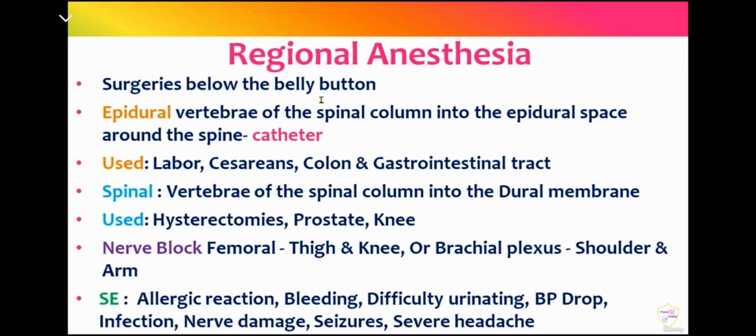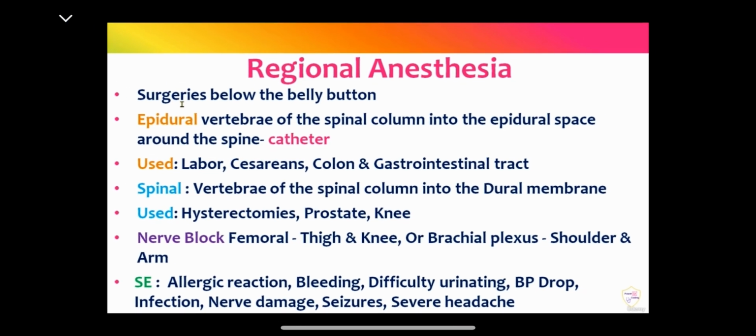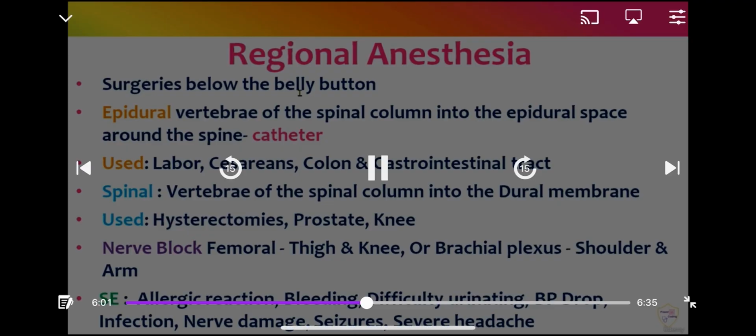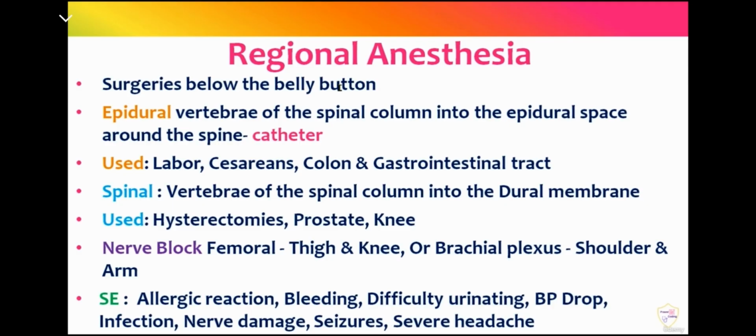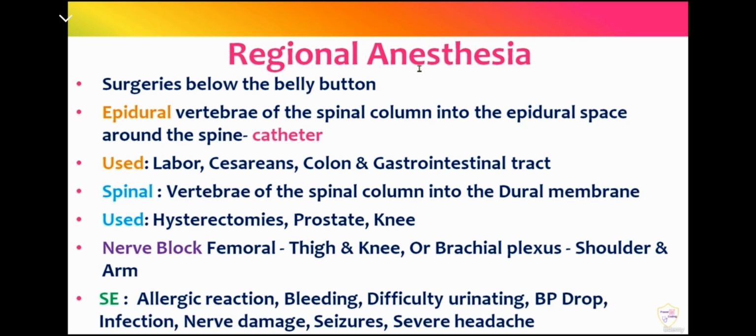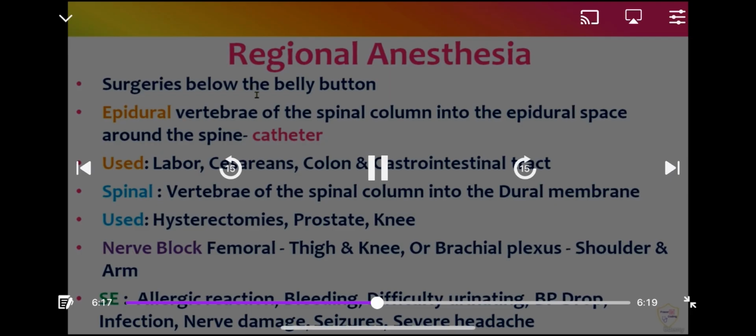Now, most of the regional anesthesias are used for surgeries below the belly button. So for surgeries below the belly button, which is the umbilicus, for that anatomic region, regional anesthesia is used. Again, the anatomic areas below the umbilicus are the regions for which regional anesthesia is used. Okay, that's how to remember. So if I want to give you a broader